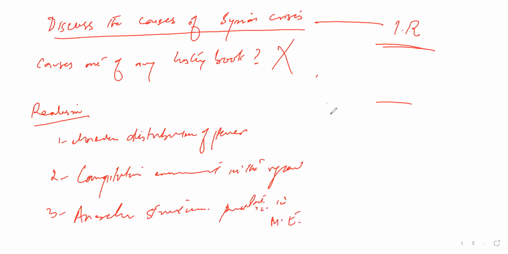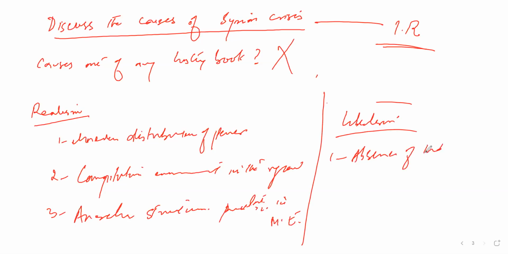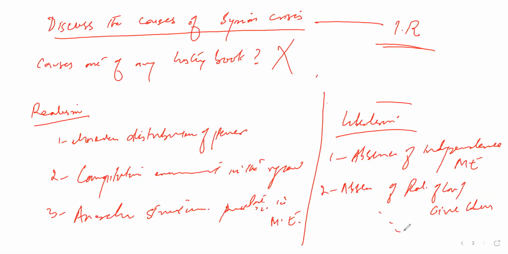Okay, and we come towards liberalism. How would liberals see it? Okay, they would see an absence of interdependence because of the unidimensional economic methods across the Middle East and its impact definitely on Syria as well. Okay, then we'll come towards absence of rule of law, or you can say civil liberties, name it, stuff like that. But what I would write in this particular header, I do know how to apply theory, but what I would write in it,